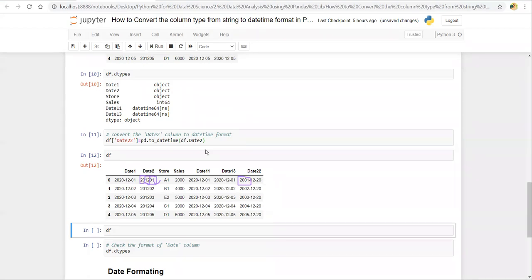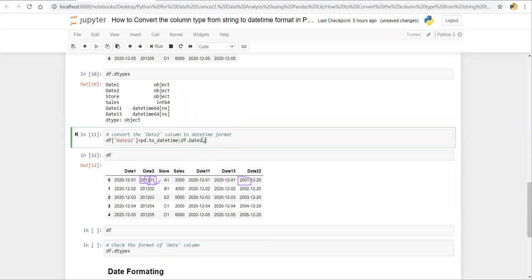Therefore, when we have a date column in a complex format, when it is not separated or not in a simple form, we pass the format parameter. In this format we define our date formatting.